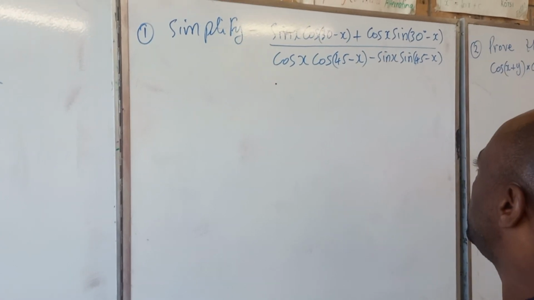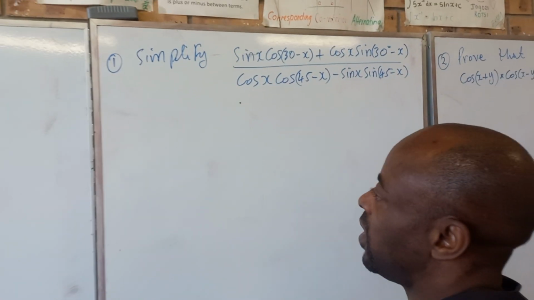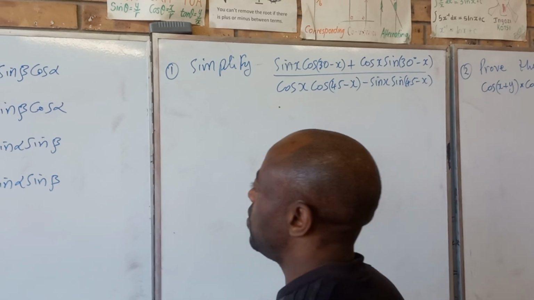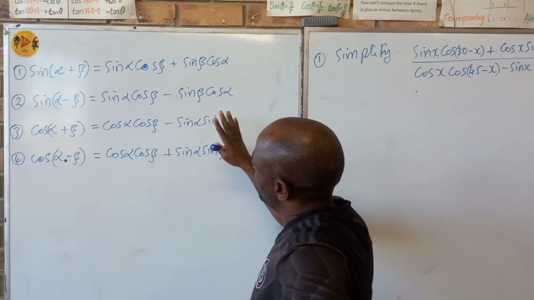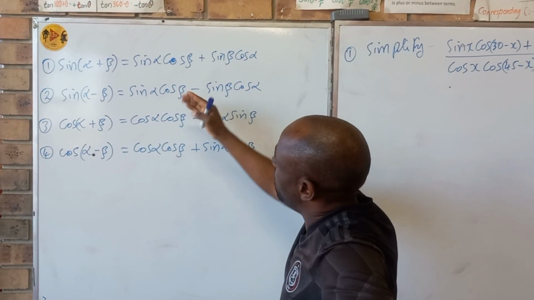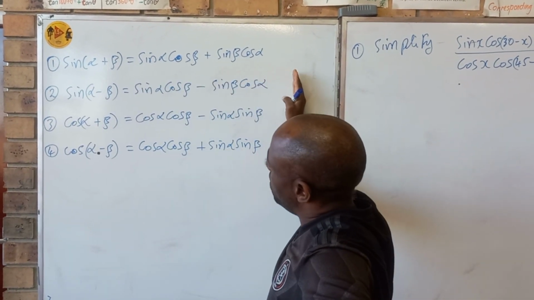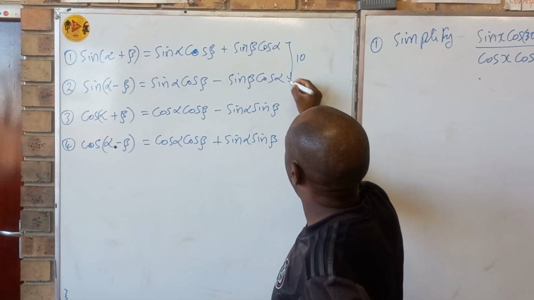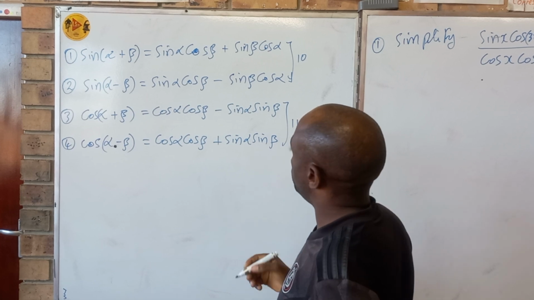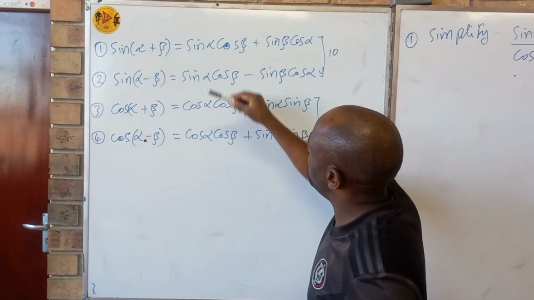Okay guys, we're doing more problems on compound angle identities. Again, the compound angle identities are very important to understand, especially the arrangement of the right hand side. These two are formula 10 for level four, and this is formula 11. So for 10 again, you see the arrangement is